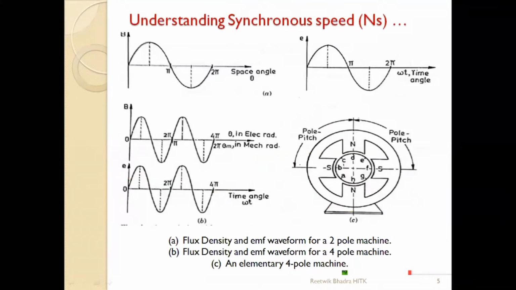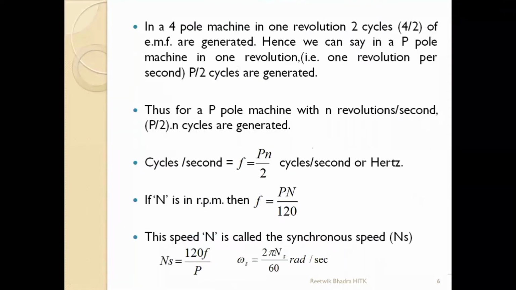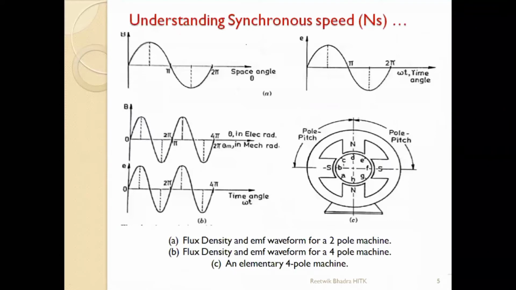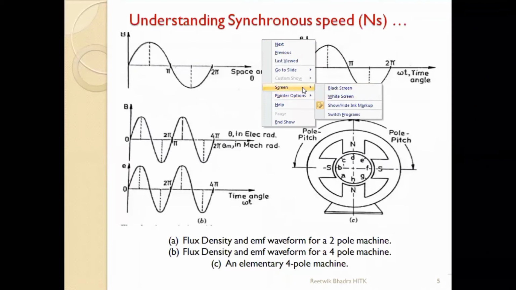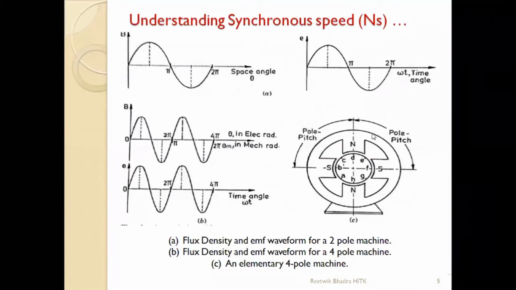Okay. Why I have shown you that, you will understand in the next slide, this one. Because we have derived at last the equation, what is Ns equal to 120F by P. That is my objective. Now first point, I think just recall all these things what I have shown, that how the rotation is done and all. Just think about it once, then we will go in the slide. Means rotation is done under four pole machine, then from north to again back to north we have 2 complete cycles of EMF wave. Like this, remember the small points so that we can understand our next slide.